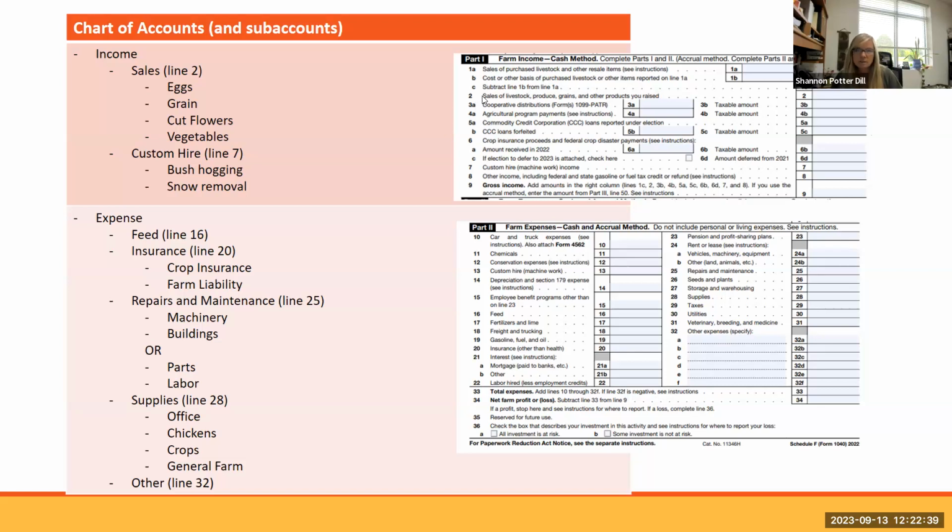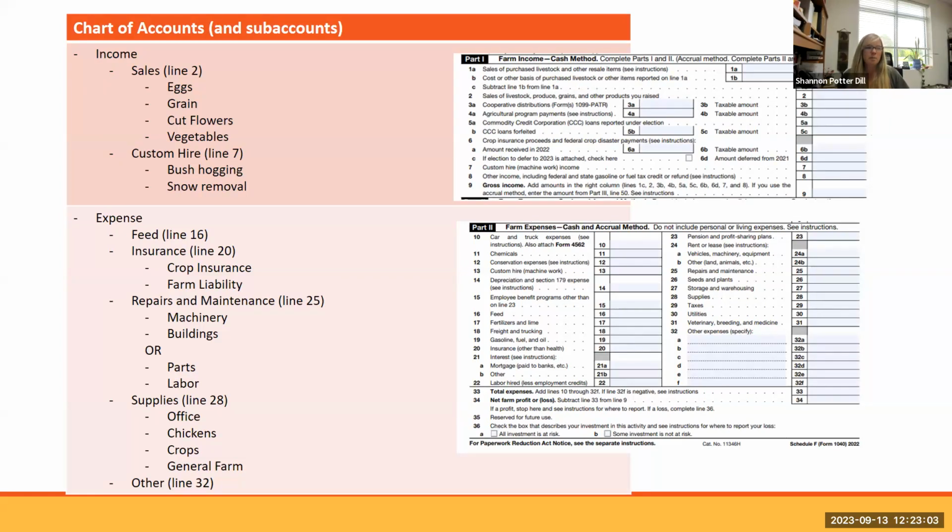This is all sales that you would do from a product. So if I was selling eggs, growing grains, selling cut flowers and vegetables, perhaps in my chart of accounts I want to separate income out in those 4 sections. However, at the end of the year, I would sum those up and enter them just in line 2.